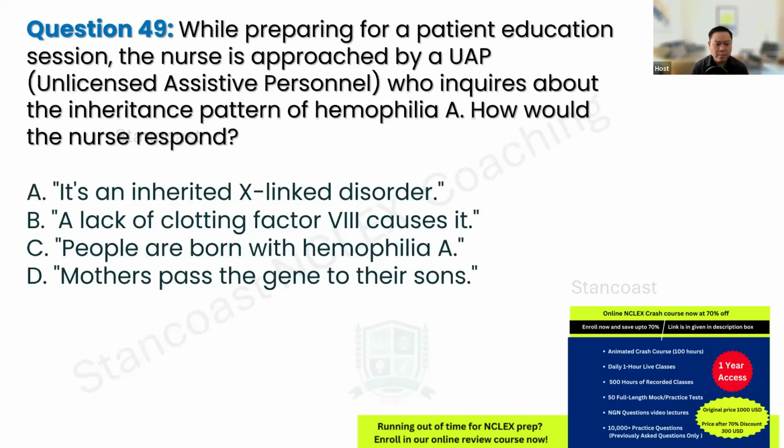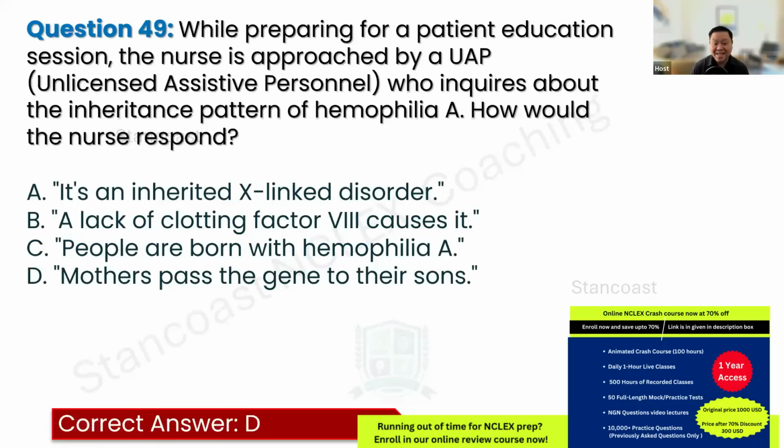C, people are born with hemophilia A. And D, mothers pass the gene to their sons. The answer here is letter D. Hemophilia A is passed from the mother to son via an X-linked gene,